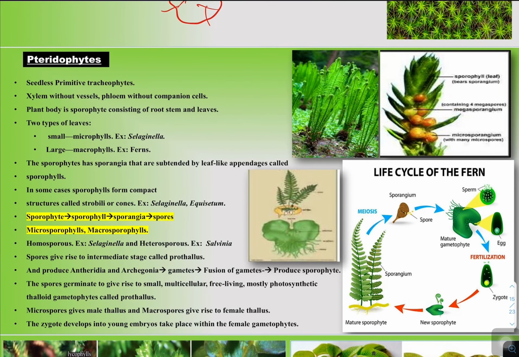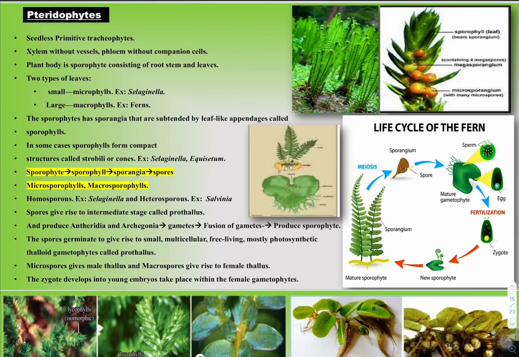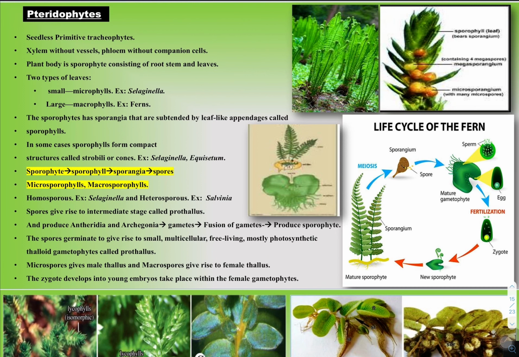In this video, students will discuss the next division, that is pteridophytes. Pteridophytes are seedless plants. They do not produce any seeds, hence they are called cryptogams. Primitive tracheophytes. Primitive tracheophytes means they have xylem and phloem in a very primitive stage, hence they are